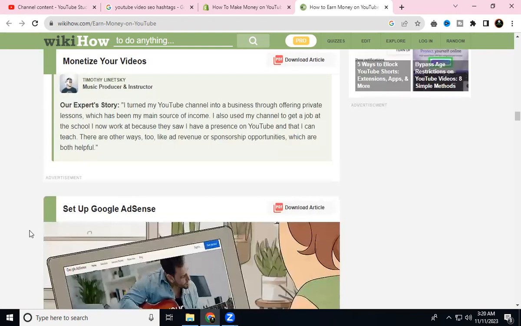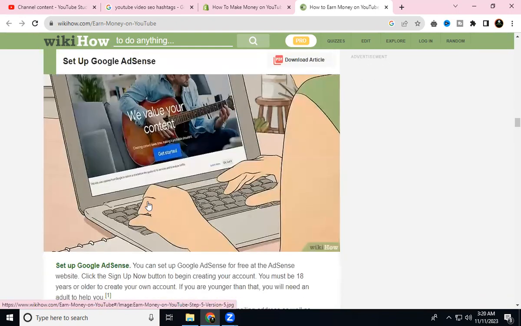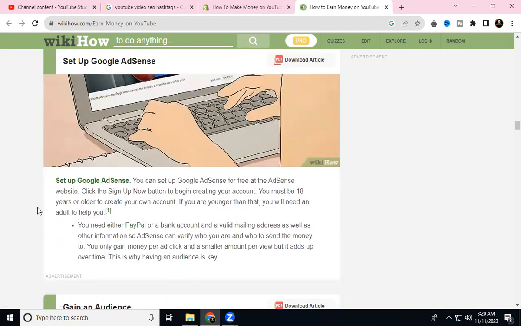Set up Google Ads and set up Google AdSense.